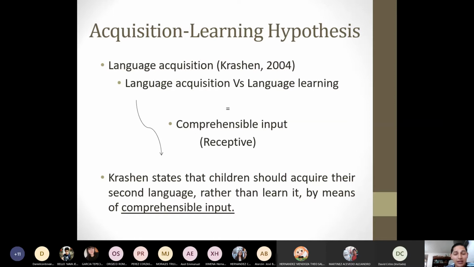How are they able to acquire the language? And here, language acquisition starts developing a different definition of the process. Language acquisition can work for individuals by means of one of its most important hypotheses, comprehensible input. Comprehensible input is a receptive process, in which students get information from people, from the environment, from the context, from the territory, from culture, from society, or in the classroom. The role of the teacher is to include it in the classroom for acquiring the language,